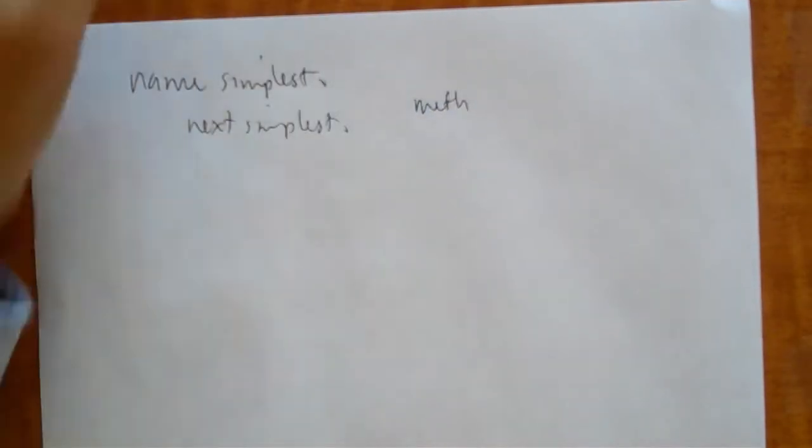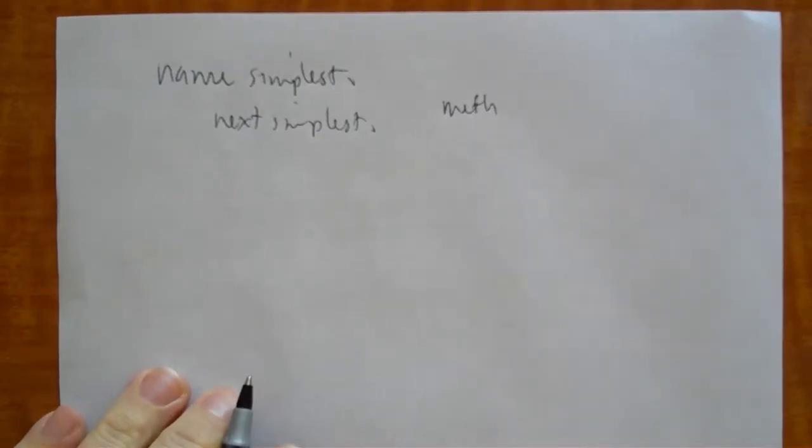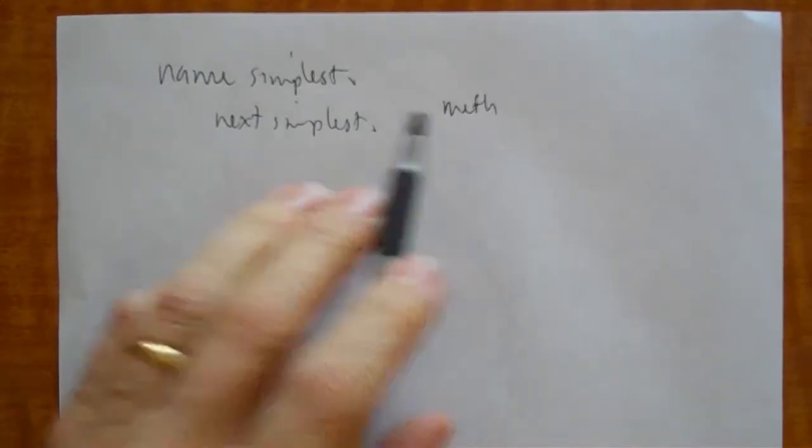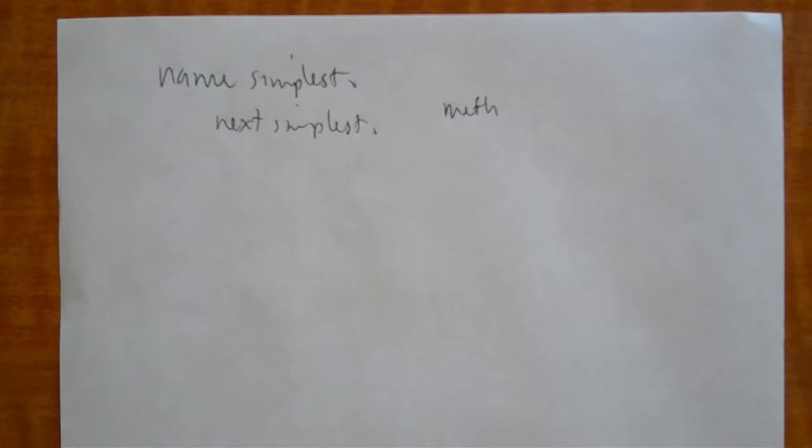Every time you approach nomenclature, the very first thing you want to do is be able to name the very simplest, okay? And then you want to name the next simplest, okay? So the simplest organic compound for most of our functional groups begins with meth, right? So we're going to go to the carboxylic acid section in 16.1,